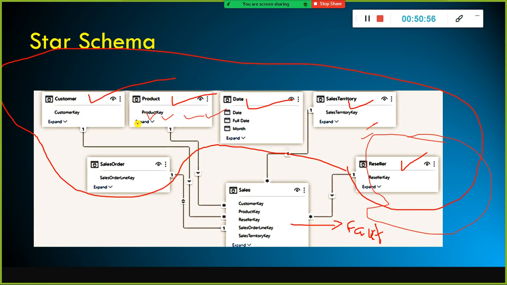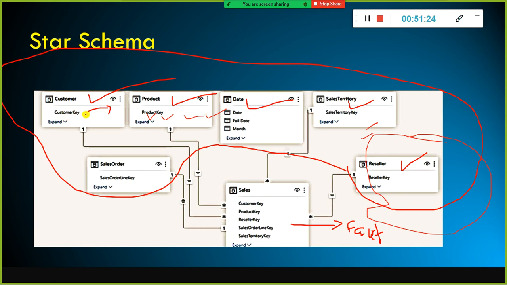Each dimension table will have the descriptive information about this fact table, along with the corresponding surrogate key. For example, customer key is called a surrogate key. At this moment, just think of it as a primary key. You remember what a primary key is? As part of SQL training, I explained what a primary key is and what a foreign key is. So this is my primary key.